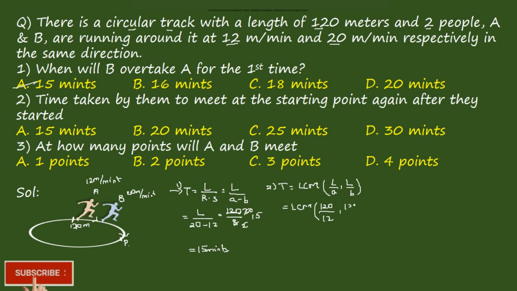And B is given as 20, right? Here it goes by tens, the 0 gets cancelled, and it becomes 6. So we have to find the LCM of 10 and 6. Just find the LCM of 10 and 6. It goes by 2s, it becomes 5 and 3, right? 5 times 3 is 15, 15 into 50 becomes 30. 30 minutes,